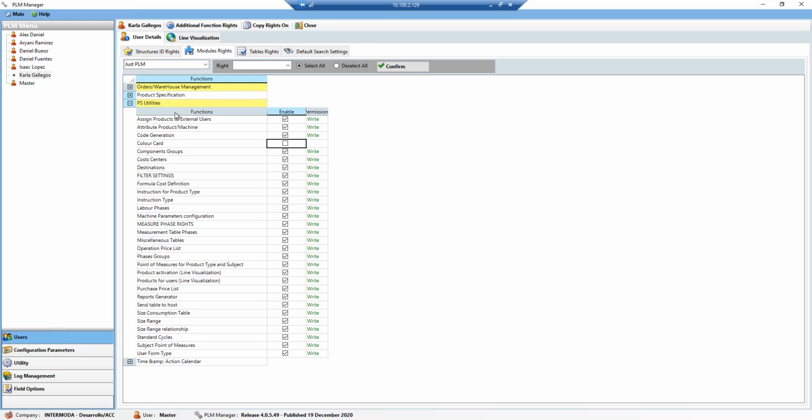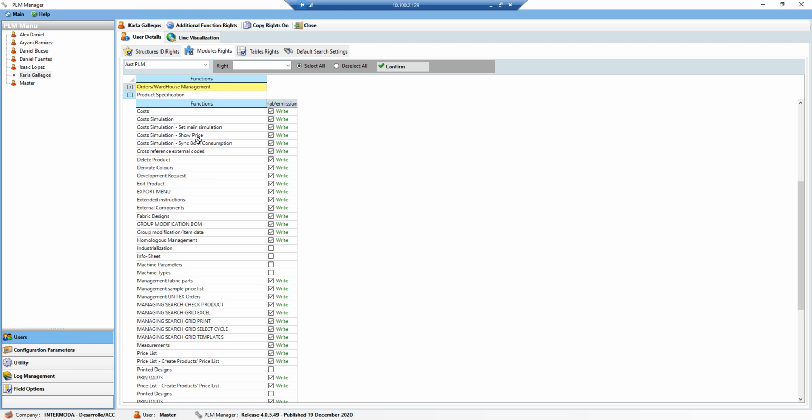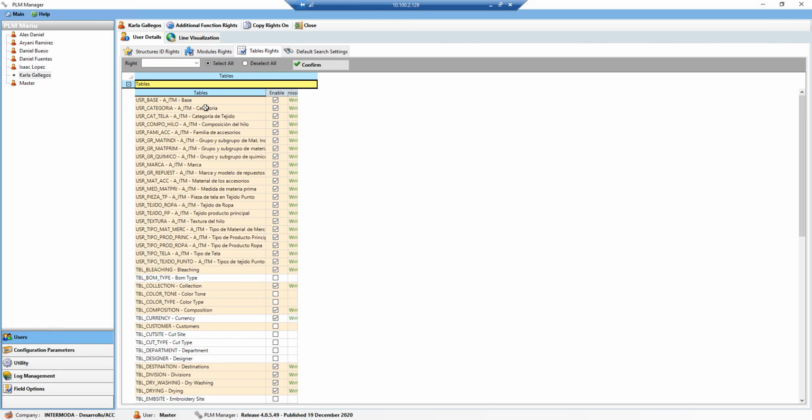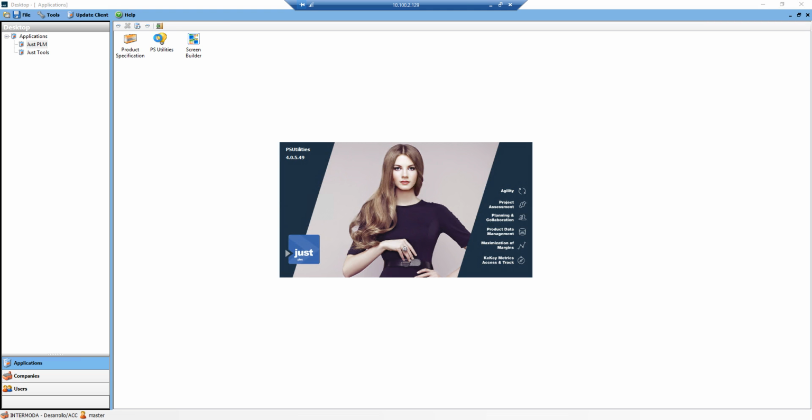This is also valid for the product specification. If I go to the product specification model, all the functions that are visible for the user can be enabled or disabled here. Beside the model settings, we can set up the role for the table rights. What does this mean? This means that inside PS utilities, you are able to control and